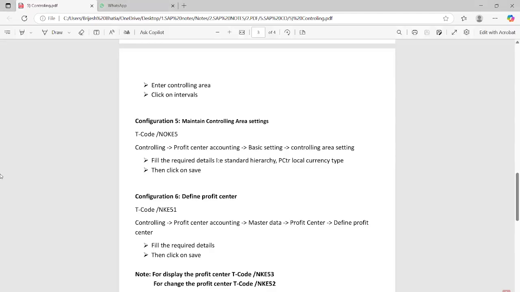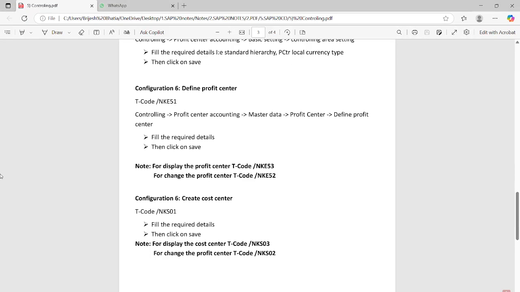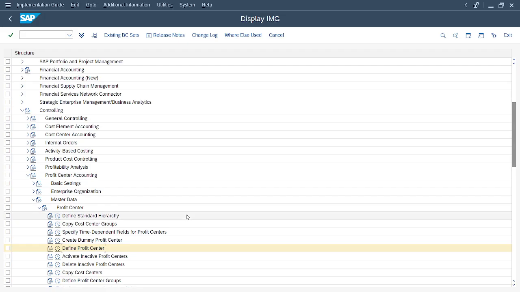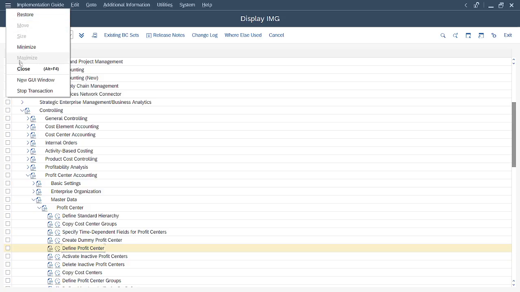For that we go on, and for that we just have the T code. No, there is no particular navigation bar. That is KS01. In the screen, I'm making a new one.